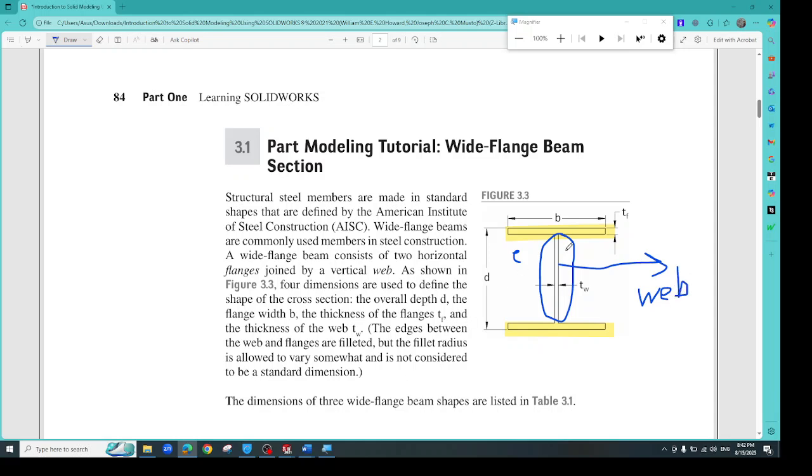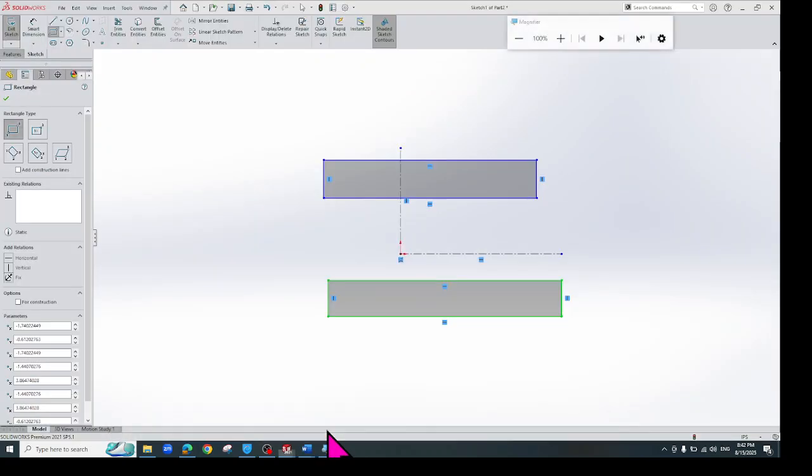Right, so I need two lines. To connect these two rectangles and make the web, again go back to the sketch menu. This time we should select line. Select the line tool,